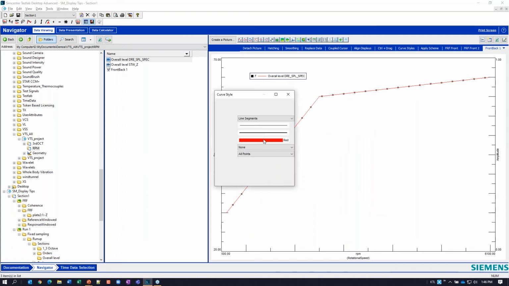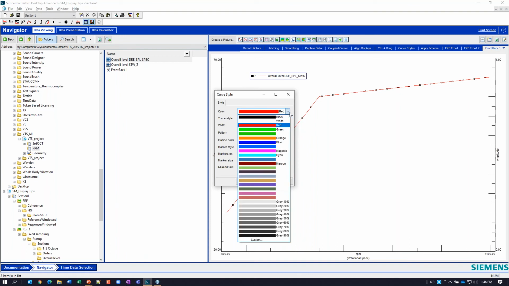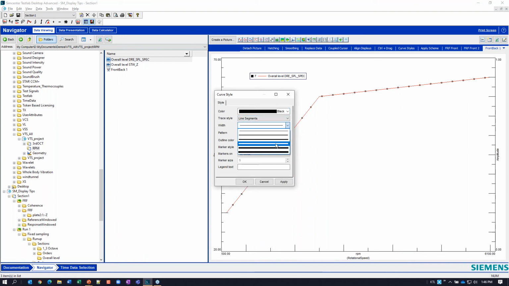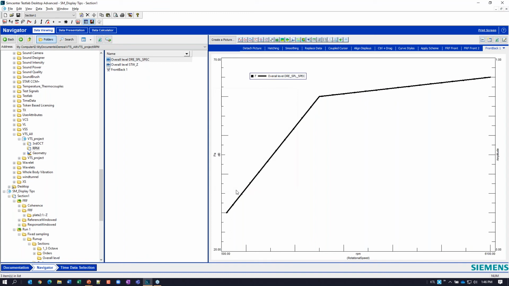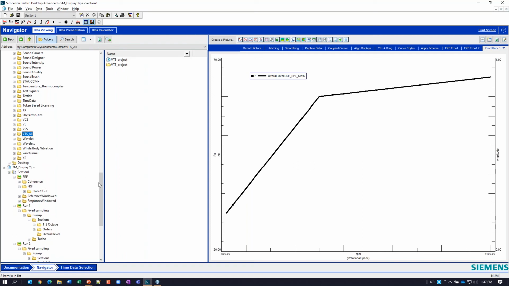Just because it's a target, I'm going to make that a black line, and I'm going to add some width. This is my front back, and I don't want to have to always find this targets project and drag and drop that data in there.